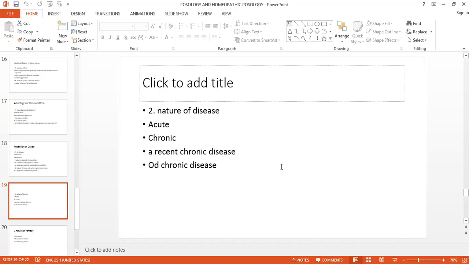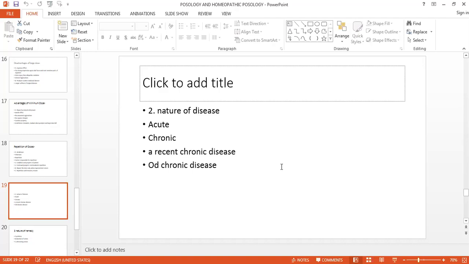after some days. In most of the acute cases, again it is divided into 3 points, that is mild, moderate and severe, which I have told you earlier also. If it is a mild case, then you can repeat it after 6 or 7 hours. If it is in a moderate condition, then you can repeat it after 4 to 5 hours. And if it is severe, then you can repeat your acute crude medicine after 30 minutes or 20 minutes. So depending upon the severity or the nature of the disease, you can repeat your medicine.